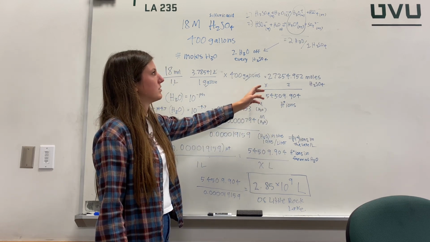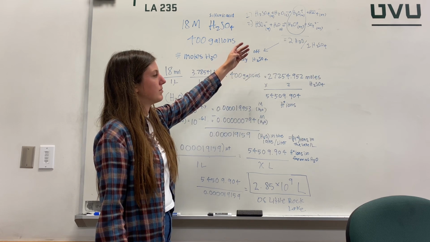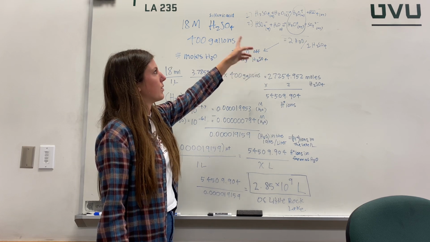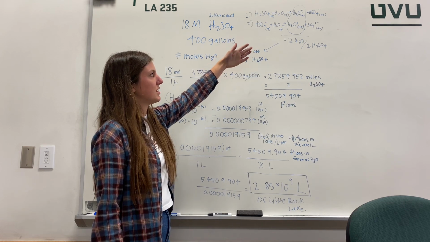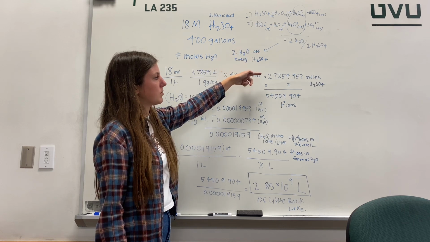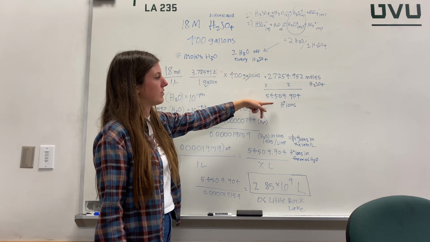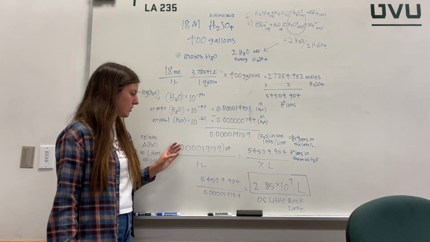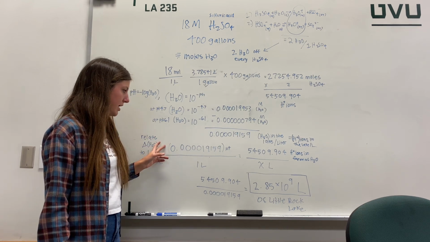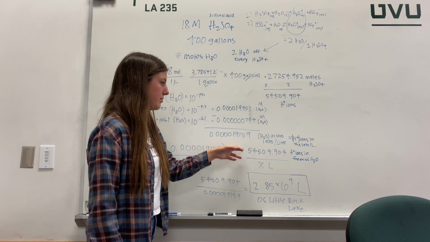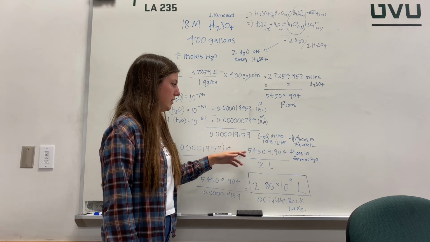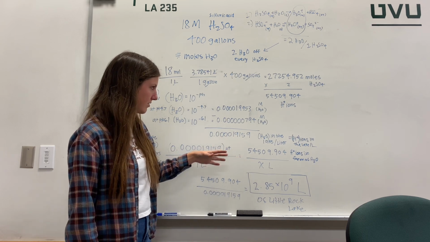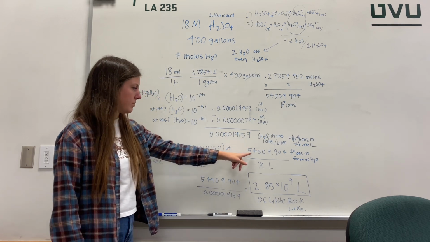And we know that there are 2 moles of hydronium ions per 1 mole of sulfuric acid because of the way that sulfuric acid dissociates. So we multiply this number by 2, and that gives us the number of hydrogen ions. So now we can finish the ratio that we have over here. So we have the hydrogen ions per liter, and then we have how many hydrogen ions we have. So that just leaves us with the one thing that we don't know, which is how many liters of lake we do have. So we just cross multiply, which ends up being this number,